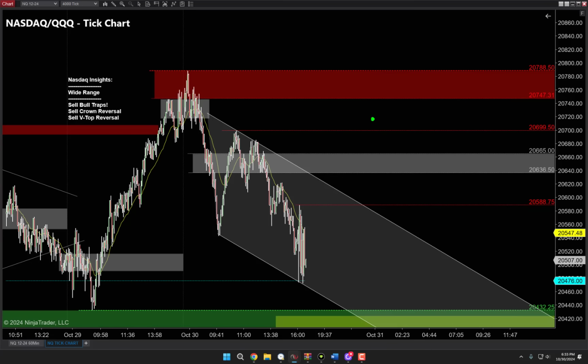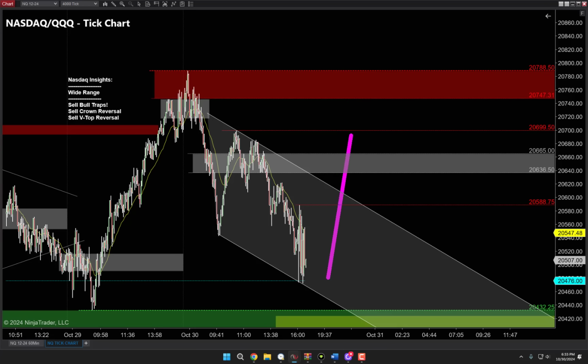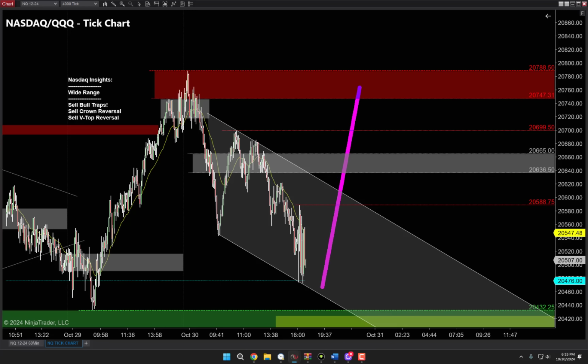You know, we may run up here and there might be so much profit taking up there, it may get whacked right back down again. A little bit easier trade, not the most desirable, but a bit easier on the emotions, at least for me it is. If it V-tops off that high and begins to grind back down again, you're not going to get that 1, 2, and then back down. You won't have a chance to trap those bulls in and sell into those stop losses. If it runs up and V-tops off that high, grinds,